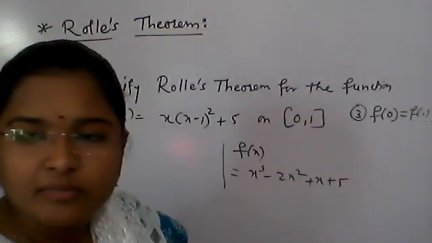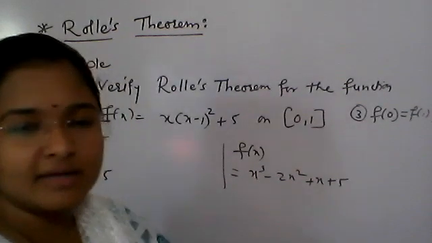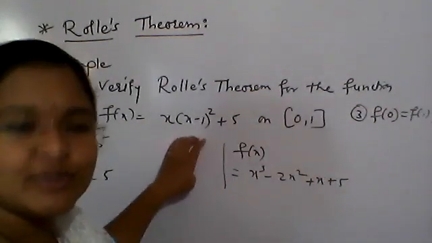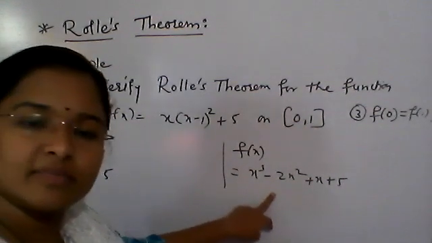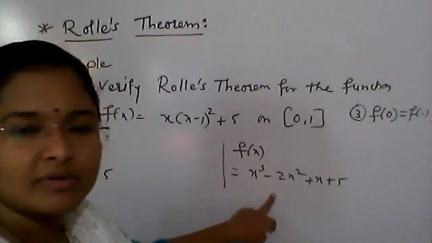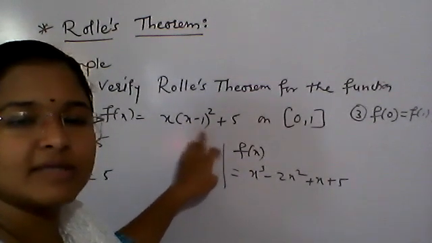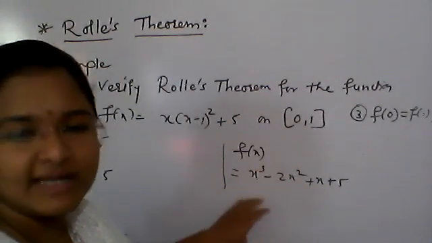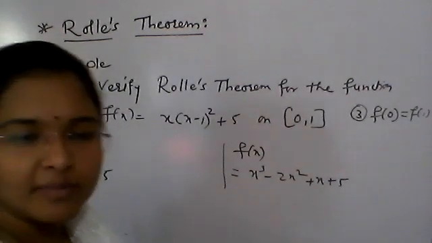Yes, beta. Now you didn't need to expand, na? You can just substitute in f of x. अरे जब आपको derivative find करना होता है ना f dash x, that time there's no need to use product rule, है ना? That's why I expanded. Yes, you can substitute here also: 0 into this will be 0, and 1 minus 1 will be 0. That also you can find. है ना? For finding the derivative, this polynomial will be easy, na, instead of taking this product rule.